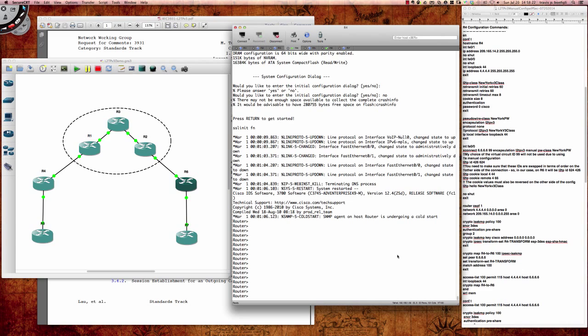Hello and good afternoon, and welcome to what we can consider to be part 3 of this Layer 2 Tunneling Protocol version 3, or L2TP v3 demo. There are 2 previous videos. The first video showed the L2TP v3 setup with a dynamic configuration where you were not manually configuring the L2TP